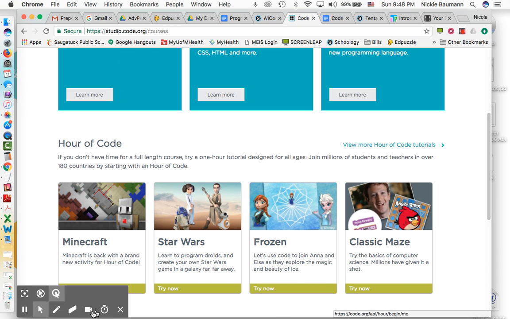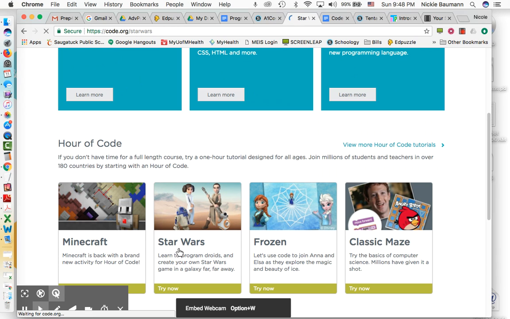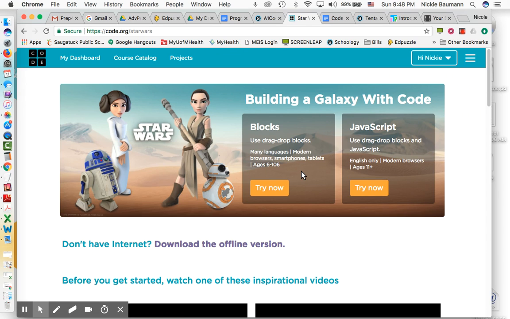game. So for instance, if I go to Star Wars here and hit try now, it's going to ask if you want to do JavaScript or blocks. It's up to you what you want to do. I would suggest doing the blocks since that's a pretty basic way of learning programming. It's a lot of drag and drop, and it's pretty intuitive in terms of turn left, turn right. So if I click on that, click try now,